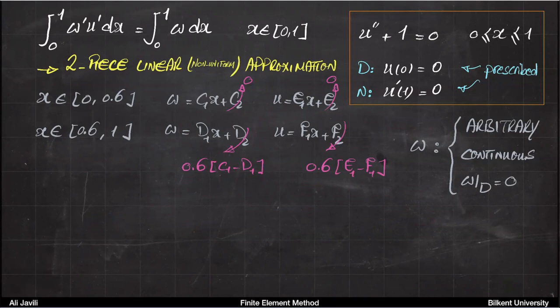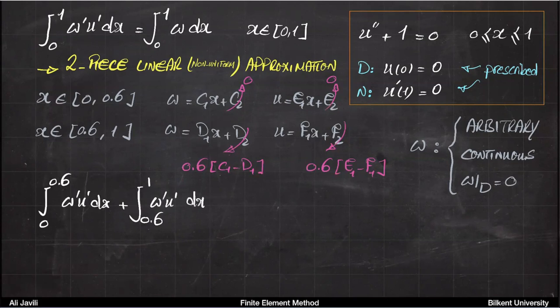And for the integration, you are going to split the integral now from 0 to 0.6, and then from 0.6 to 1. So it's exactly the same integral as we had up there. Dx equals integral w